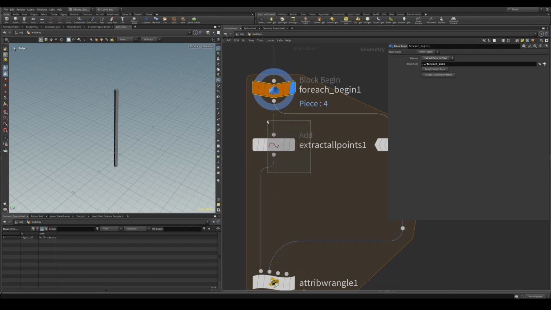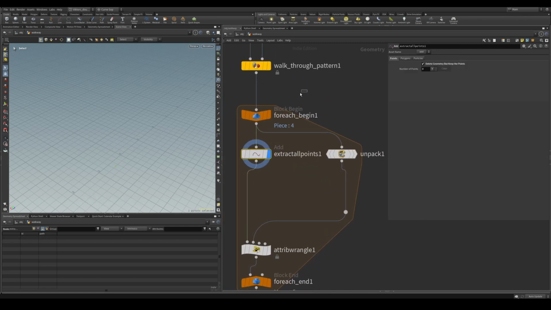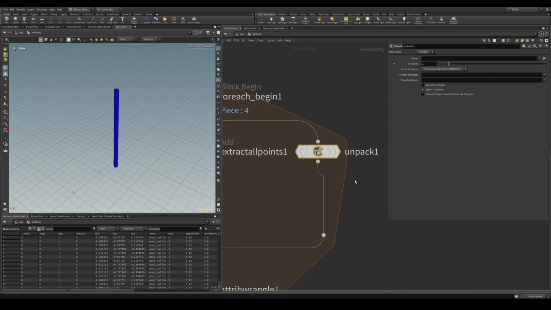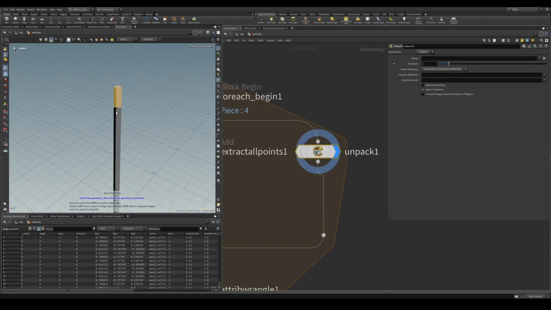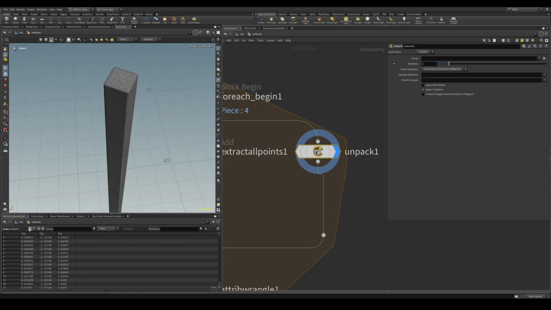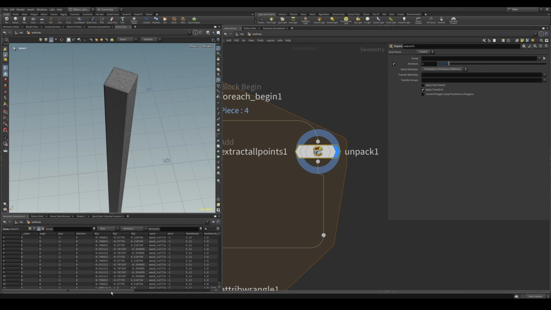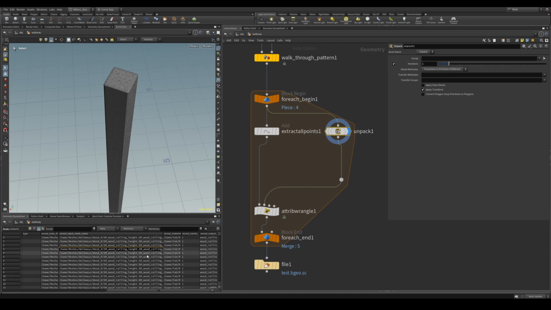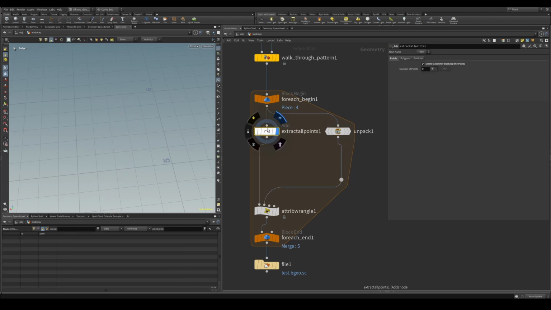Let's say I'm looping through this packed disk primitive. I extract a point from it, and then I want to reference the Unreal attributes that I showcased earlier in the tutorial. So you can use an unpack node. You can unpack and basically get all the geometry, all the primitives unpacked, and get all the attributes. Inside here, we set up our Unreal input mesh name. We want to set this attribute as a